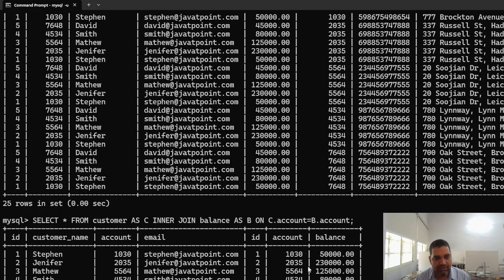So when we run this inner join query, what did you get? See the columns, repeated columns I got here, but only the matching records. Now the same we are going to perform